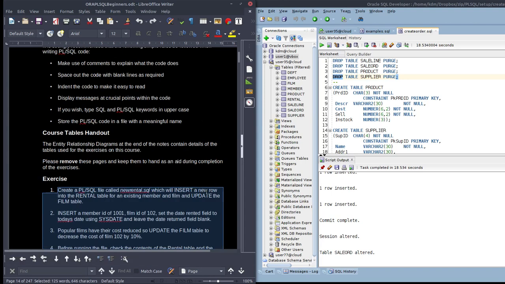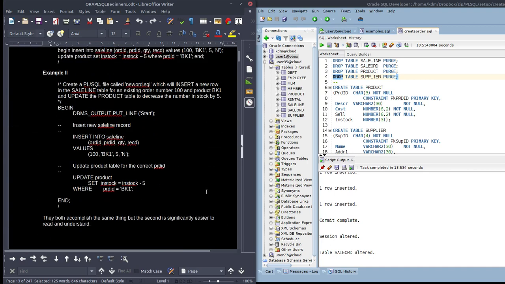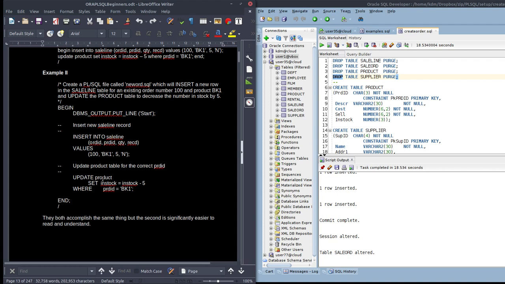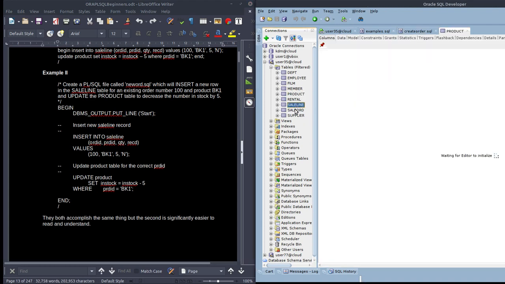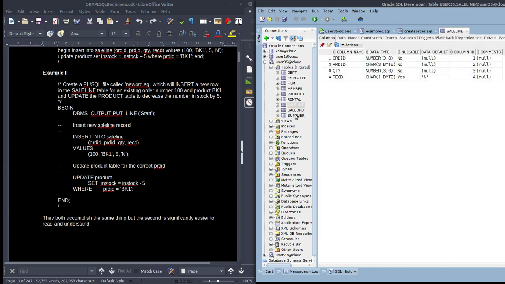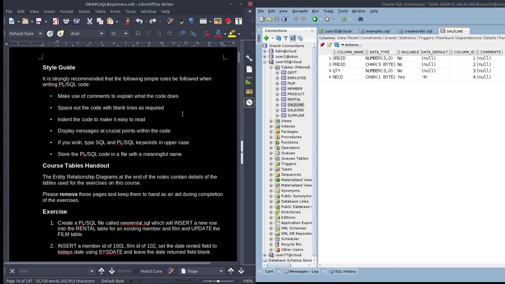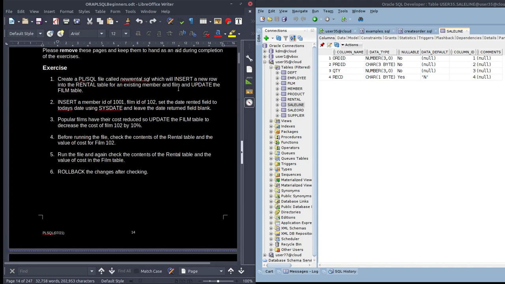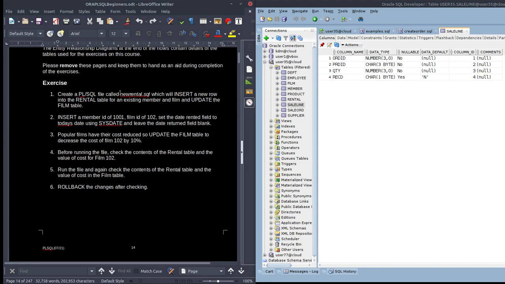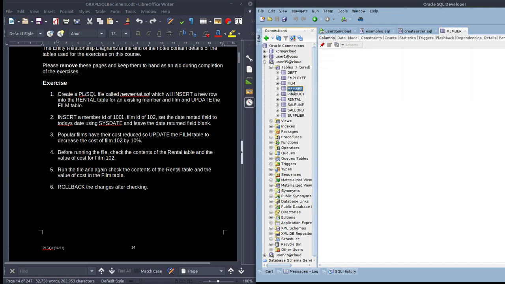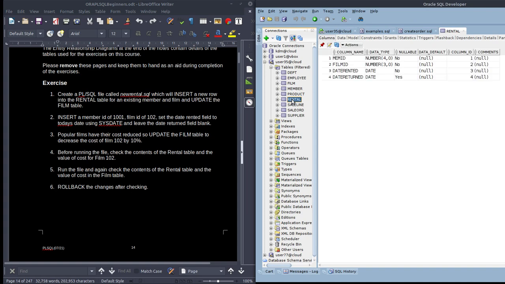So the way the course works is all the examples use the tables product, sale line, sale order and supplier. I clicked on one so it'll come up there. All the exercises are based on the film tables, which are film, member and rental.